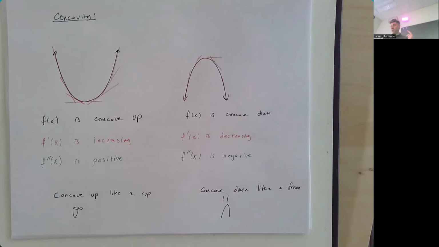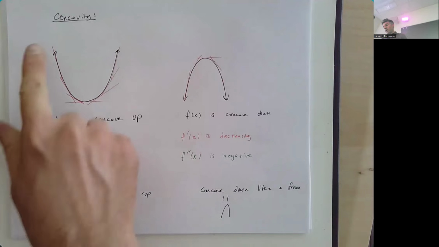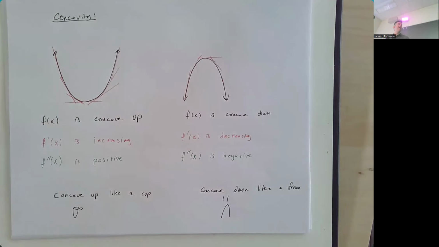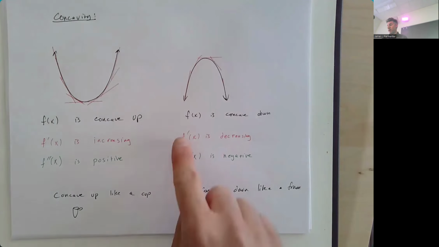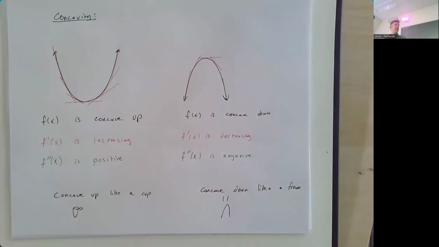The other thing that you might see from this picture here, which took me many years to kind of notice, is that when a function is concave up, the tangent lines are all below the function. When a function is concave down, the tangent lines are all above the function. And then when you have an inflection point,